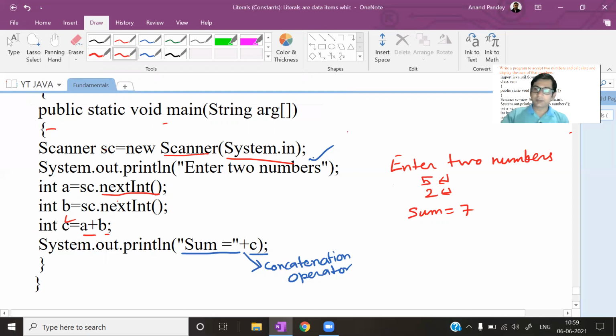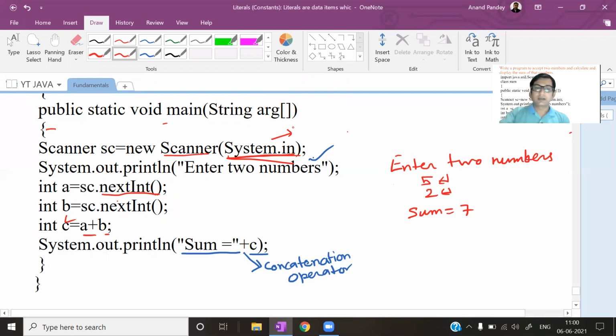So since we are creating this object to take input, what this system.in does, it connects your program with the input device, means you can say here the keyboard.